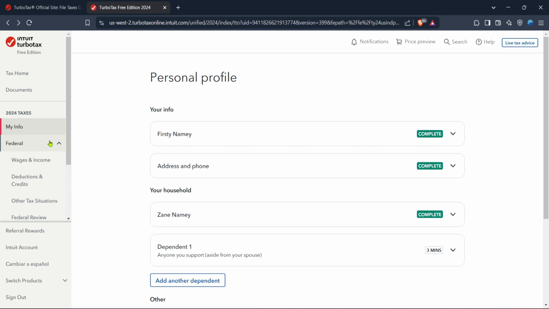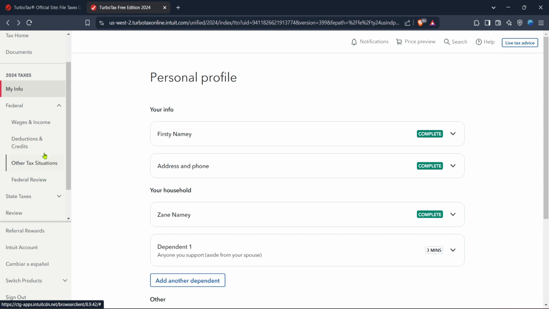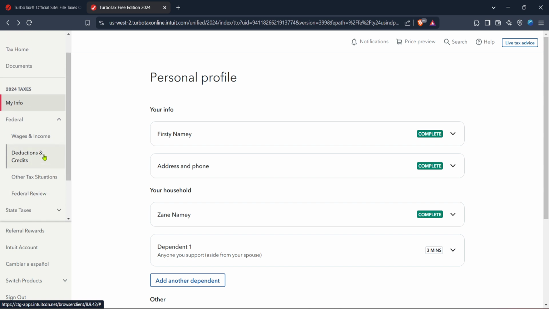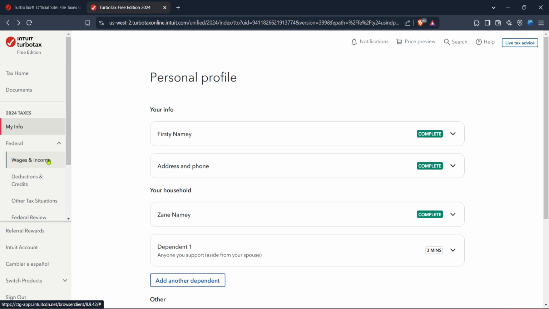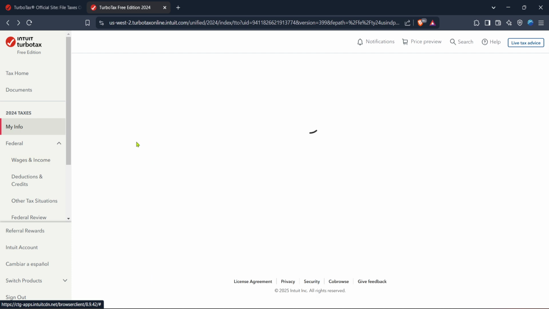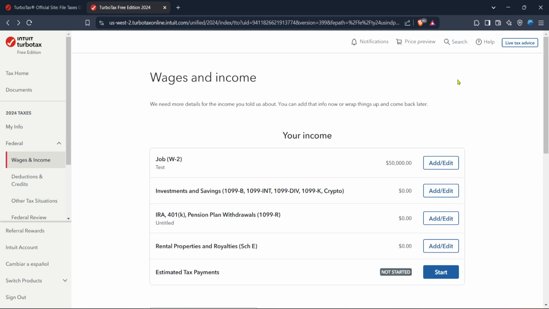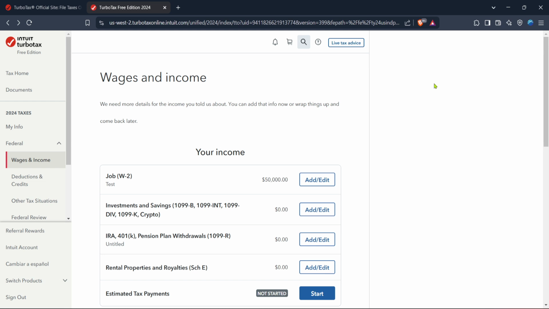Once there, locate the search bar at the top of the page. Here you're going to type in W2. This search will direct you specifically to areas related to your W2 forms within TurboTax. Next, you'll see an option that says Jump to W2. Click on this link. This handy shortcut takes you directly to the area where your tax forms, including W2s, are stored. The system is designed to save you time by taking you straight to what you're looking for without having to sift through a lot of information.